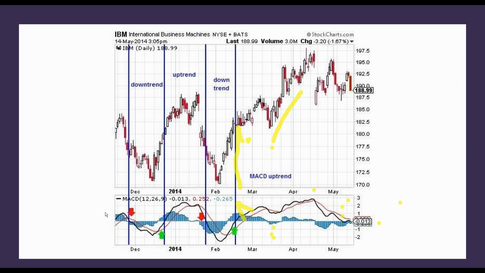So again, we can see it here exactly. Here it showed us the downtrend, and when we got the sell signal, it started a downtrend. Here we got a buy signal, and it was already in a movement towards an uptrend, but it wasn't a confirmed uptrend. At this point, you would have entered the market with a buy, okay, slightly in front of the blue line. So you'd have gotten in the market somewhere about